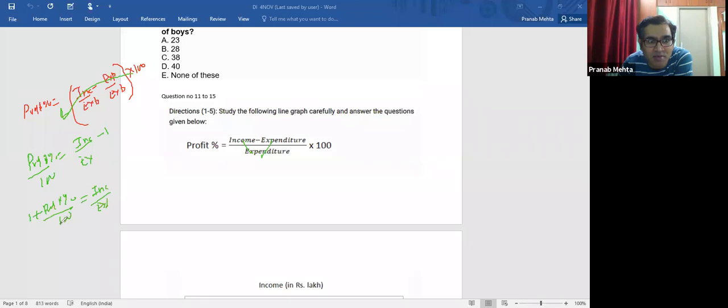Or now I take the LCM. 100 into 1 becomes 100. So basically I'll get this derivation, which you need to remember. Income by expenditure is nothing but (100 plus profit percent) by 100. Look here, this is the LCM we have taken: 100 plus profit percent by 100. Which once again, if you want, you can write down: income by expenditure is nothing but